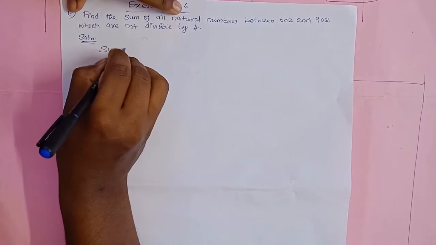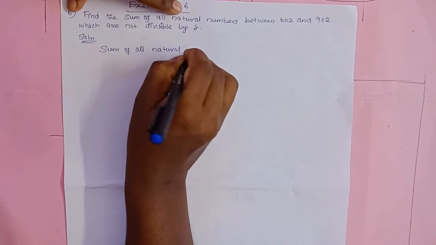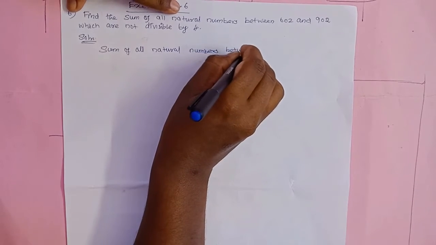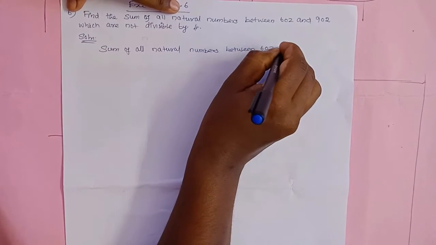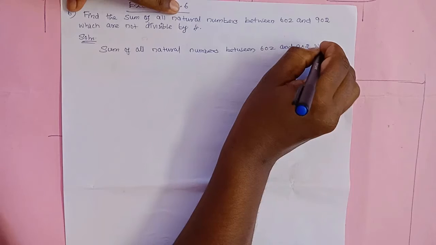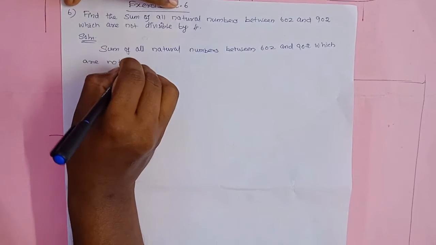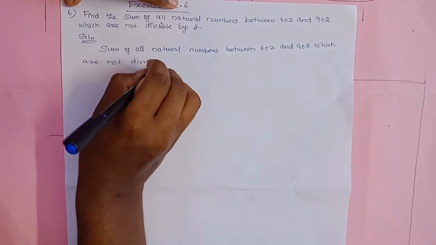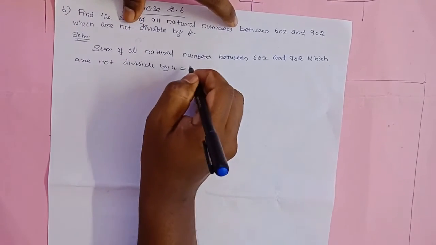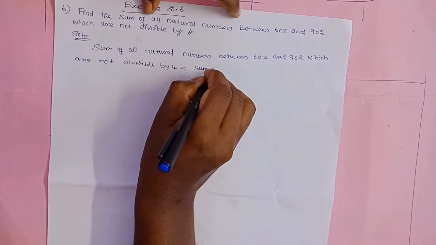The sum of all natural numbers between 602 and 902 which are not divisible by 4 is equal to, I am going to find the total sum between 602 and 902,